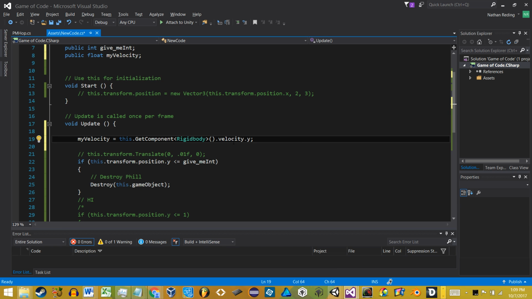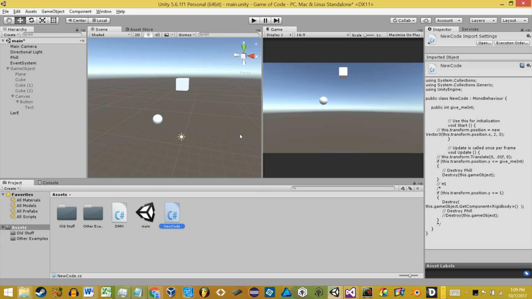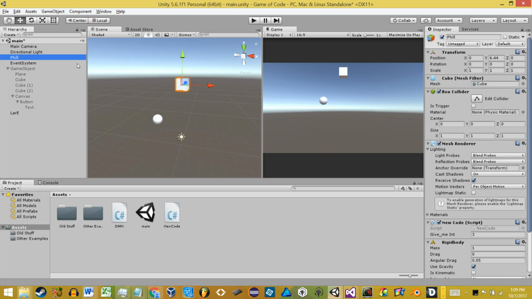So basically, what I did in this line was I made a new float and I said it's equal to the rigid body that's attached to this object. It's equal to that velocity in the y direction. So what I can then do is go back to the inspector. Jesus, you have so many things open. Okay. Yeah. If I go back into the inspector, make this smaller,